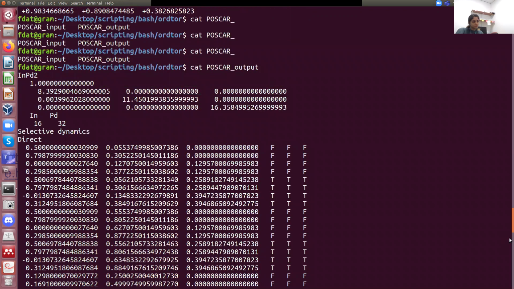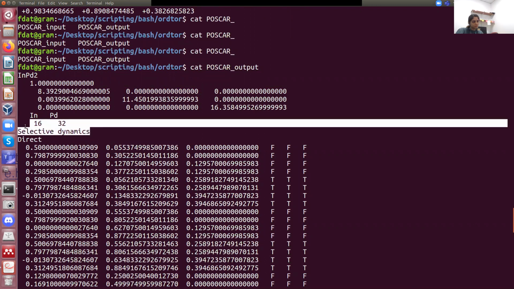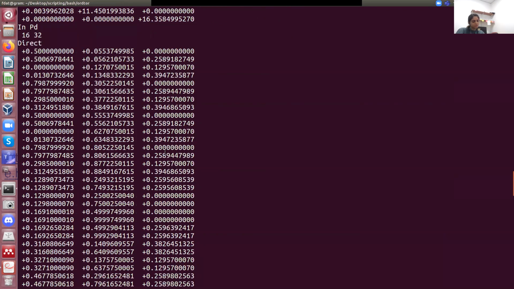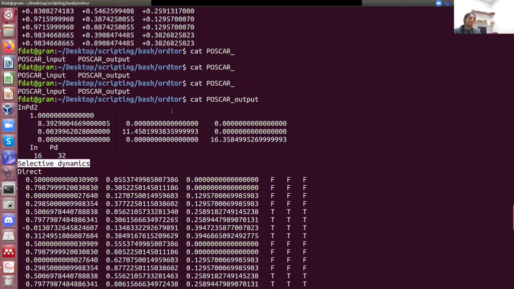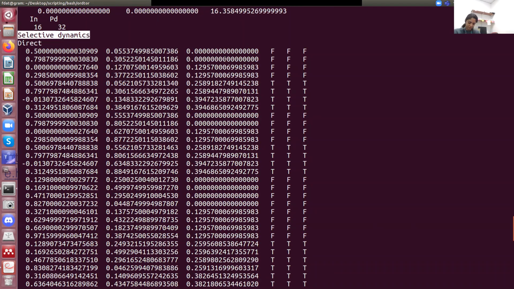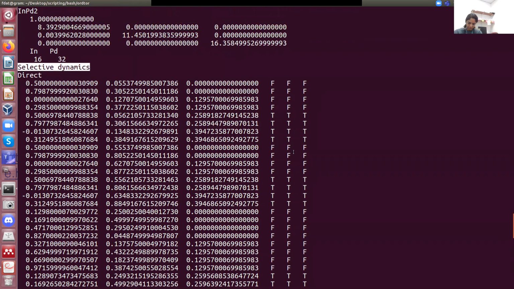You see that the beginning is the same as before. You have the selective dynamics here that before you didn't have. And now you see that all the atoms are ordered by Z. Then you have true, false, true, which means frozen, they can move, frozen, they can move. The way you see that it is not continuous, so you have this transition by 0, 39 and 0 here, is because this is an intermetallic. So you also need to make the script so that you don't mix the atoms, okay?